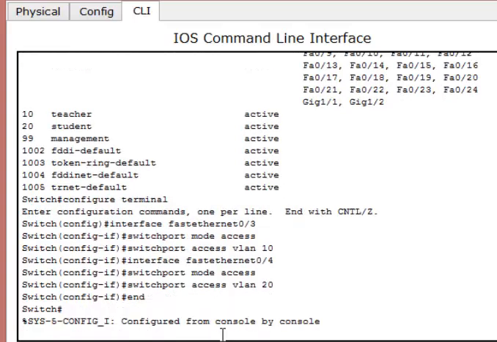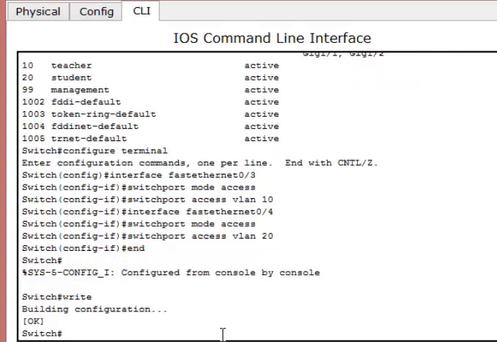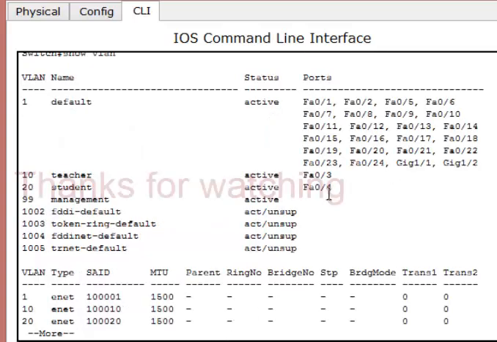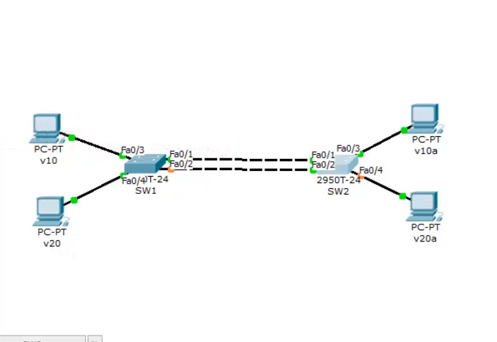Type end. The shortcut for saving the configuration is write, and to show the VLAN IDs that have been added, type the command like we did on each switch, for each VLAN.